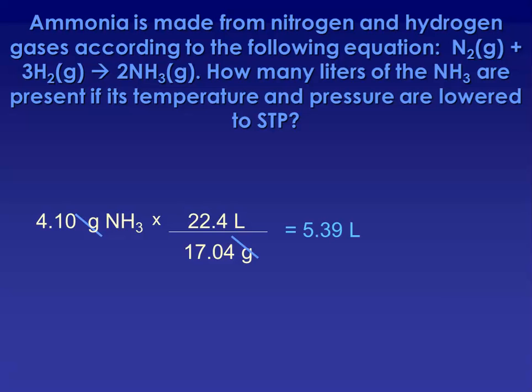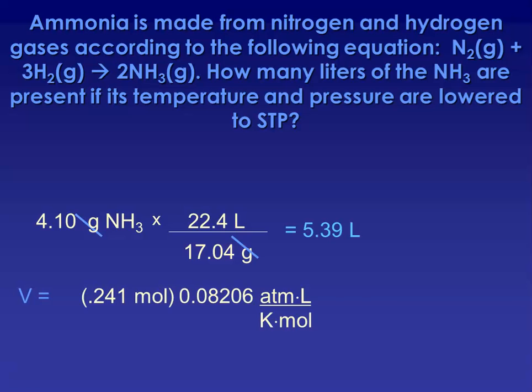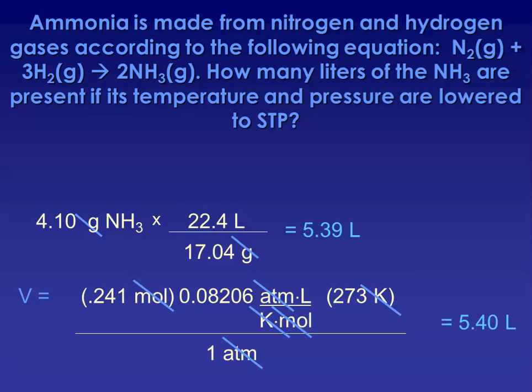If you had used the ideal gas law to solve for volume, we would have taken those grams of ammonia and converted them into moles, multiplied that by our constant and our Kelvin temperature, and divided all of that by our standard pressure. The atmospheres, the moles, and the Kelvin cancel. When we go through and do our math, we want to have 3 sig figs in our answer, and it's off by 1/100th. But whether you use STP or whether you use your ideal gas law, or I guess another